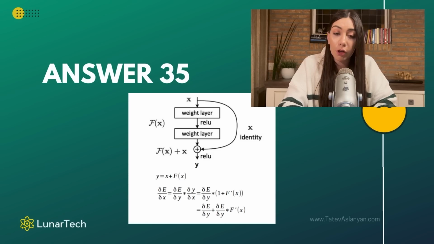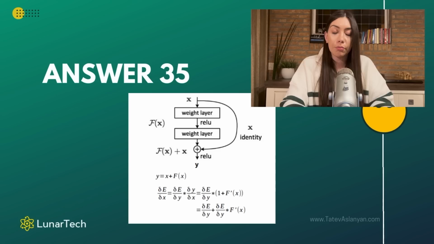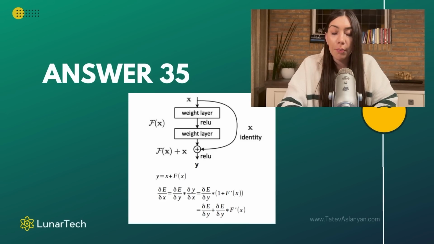And on top of that, we are also adding this X, the initial input, on top of this output. This is what we call residual connections. And the reason why we have this idea of a shortcut, so that the gradient is able to flow into the network not only through these transformations but also directly,